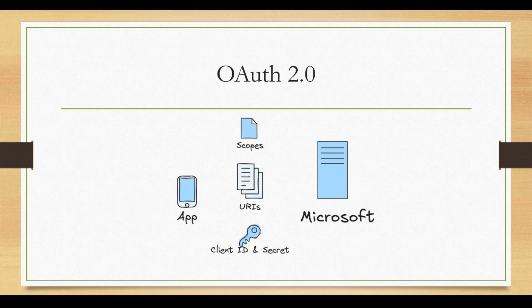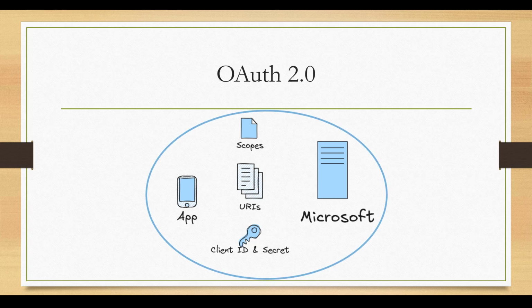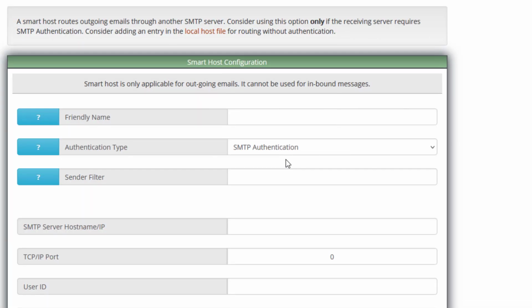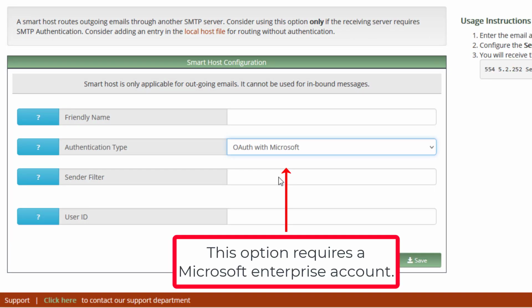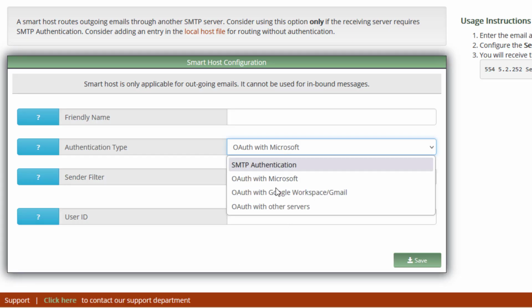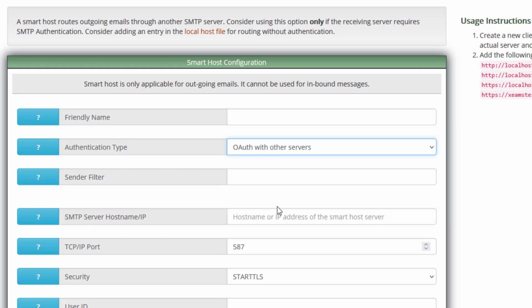To facilitate OAuth integration, Cinemetrics Technologies has already created an app with the correct parameters and uses it when you select the OAuth with Microsoft option. Therefore, using this option is much simpler. However, it only works with an enterprise account from Microsoft, which is not free and requires you to pay for the services. In this video, I will be using the second option, which you can use with a free Microsoft